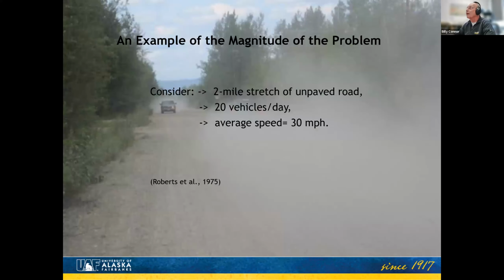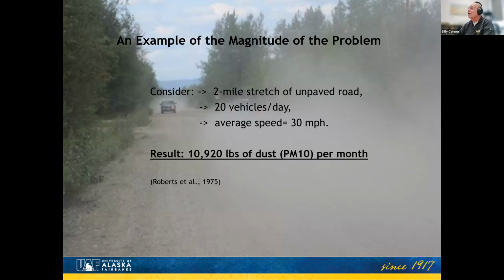But if we want to look at it in a little different way, if we have a 2-mile stretch of road, which is similar to what many of you have in your communities, and we have 20 vehicles a day going up that road at an average speed of 30 miles per hour, that creates about 11,000 pounds of dust per month. So that's a lot of dust, and that has a number of impacts to the community